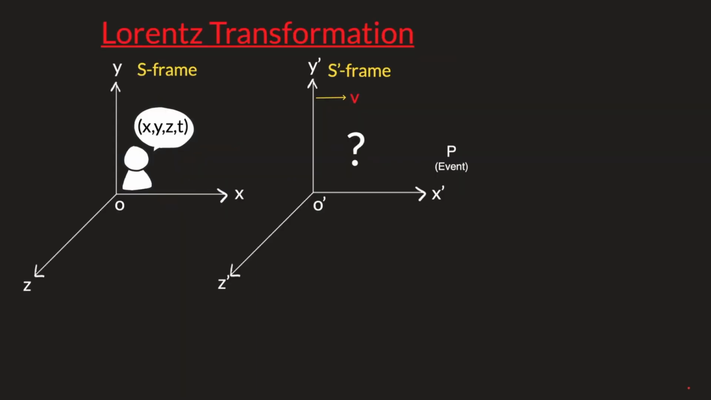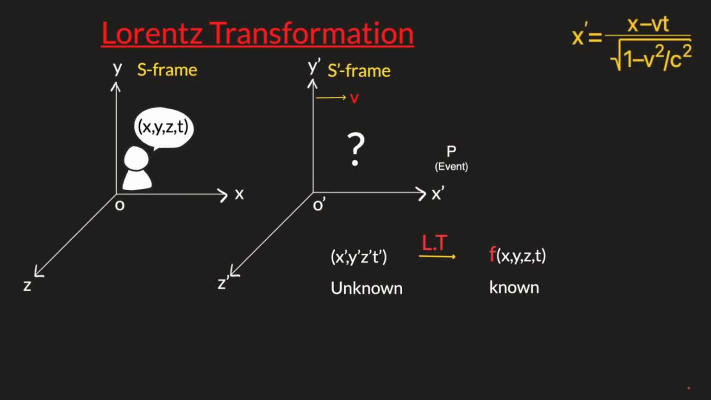We apply Lorentz transformation when we have the coordinates from the S frame, that is, we know x, y, z and t, but the coordinates from the S dash frame, that is x dash, y dash, z dash and t dash, are unknown. The unknown coordinates of the S dash frame are given in terms of known coordinates of the S frame through the four relations of Lorentz transformation: x dash is equal to x minus vt over under root 1 minus v square by c square, y dash is equal to y, z dash is equal to z, and t dash is equal to t minus xv upon c square over under root 1 minus v square by c square,